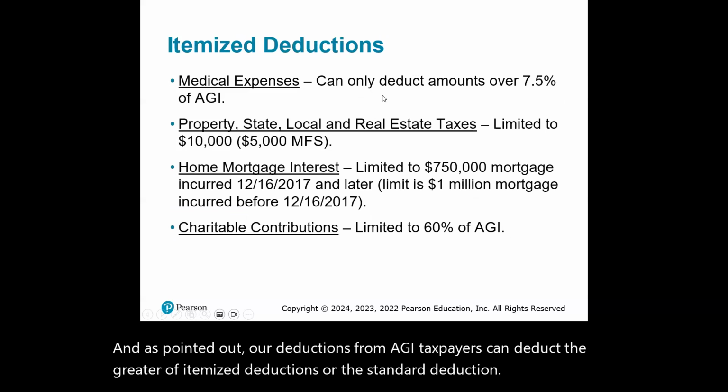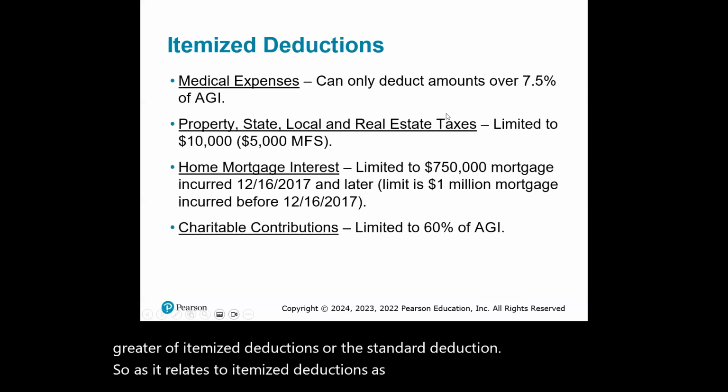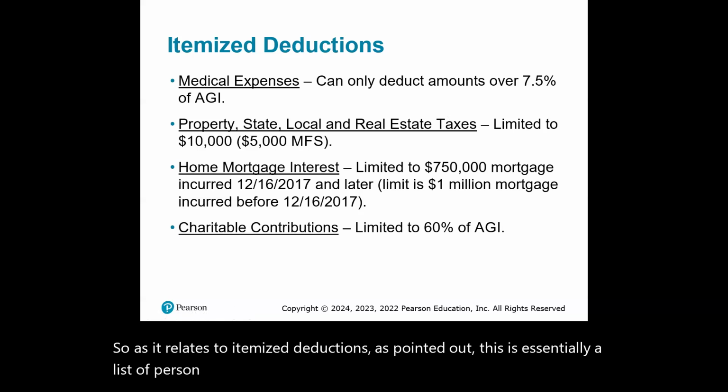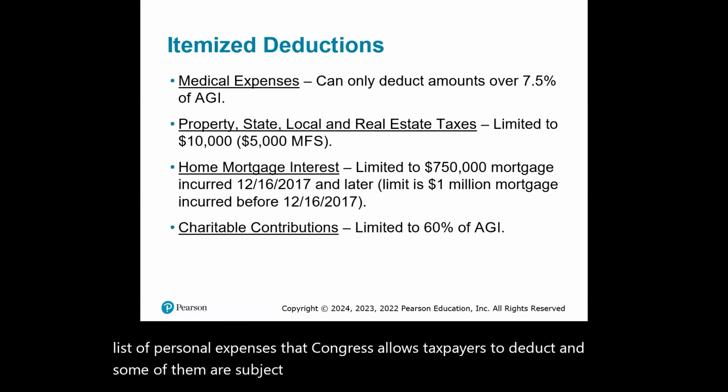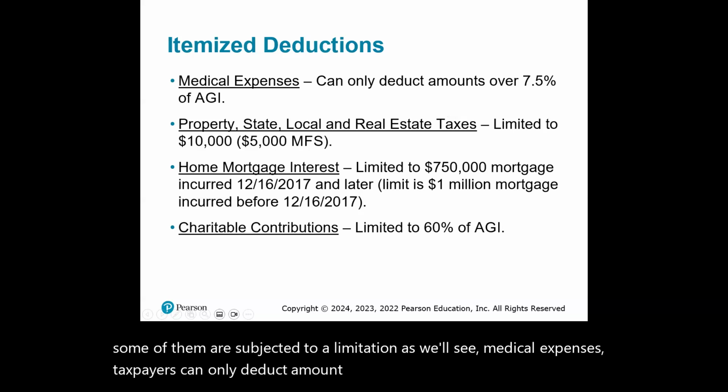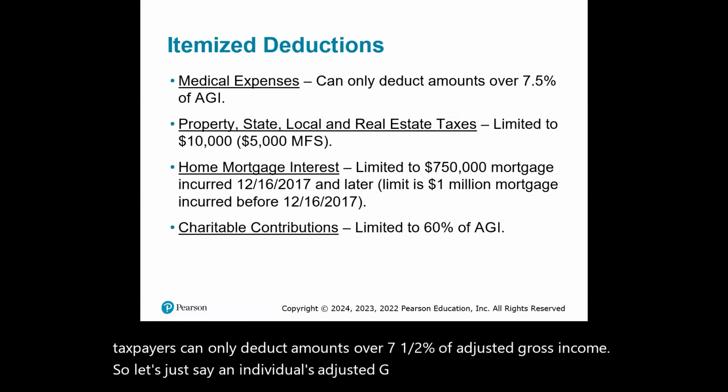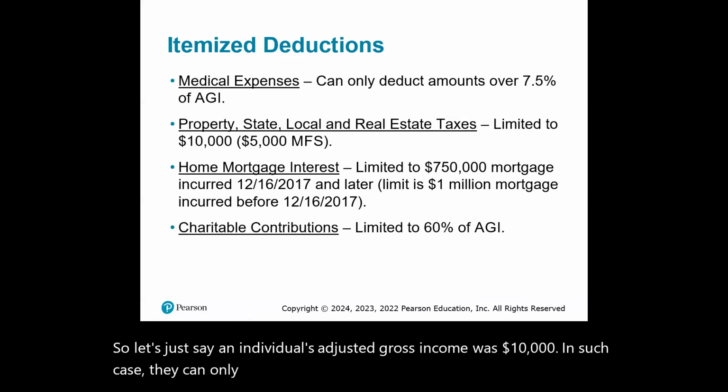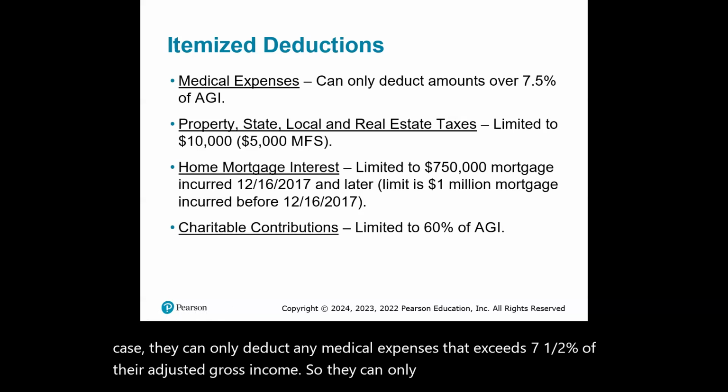So as it relates to itemized deductions, as pointed out, this is essentially a list of personal expenses that Congress allows taxpayers to deduct, and some of them are subjected to a limitation, as we'll see. Medical expenses, taxpayers can only deduct amounts over 7.5% of adjusted gross income. So let's just say an individual's adjusted gross income was $10,000. In such case, they can only deduct any medical expenses that exceed 7.5% of their adjusted gross income. So they can only claim medical expenses that exceed